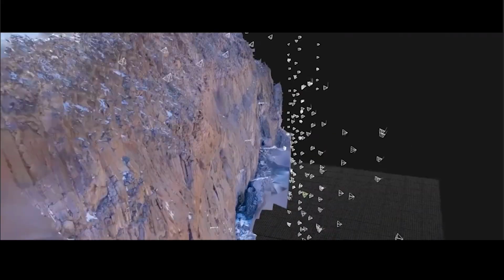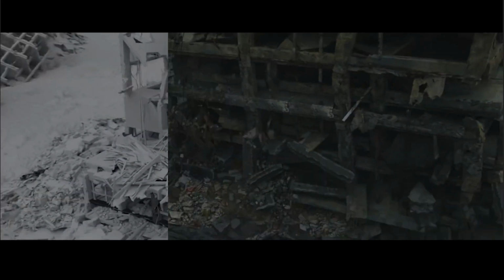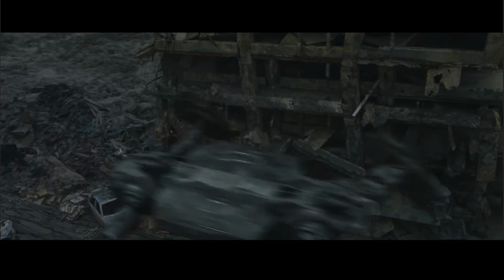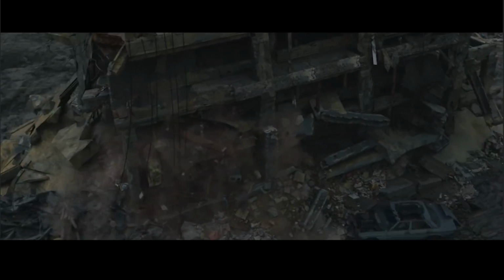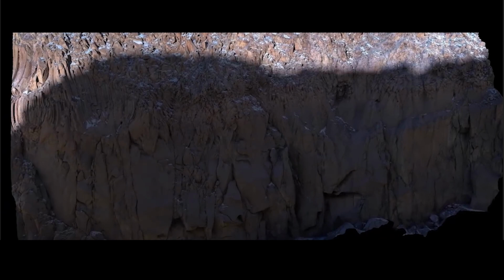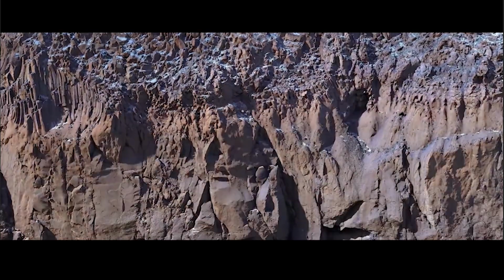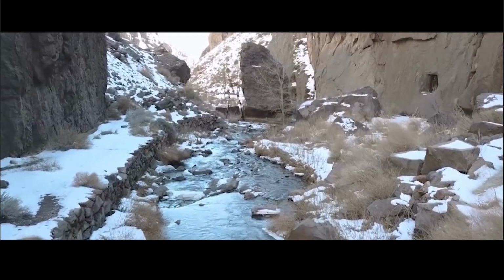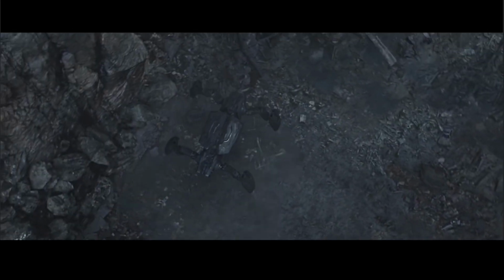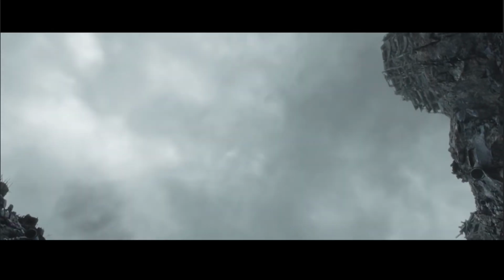So what was interesting is there's a couple of shots here I'll quickly go through. This is just showing the environment, and like I said, it's kind of cool that you actually get to see a lot of this being destroyed, helping show the interaction and also the destruction that happens in the environment. But what I thought was interesting is these photogrammetry scans of cliffs and everything that then get utilized in the shot. So you got the shot here, it pans down, and a lot of that's actually